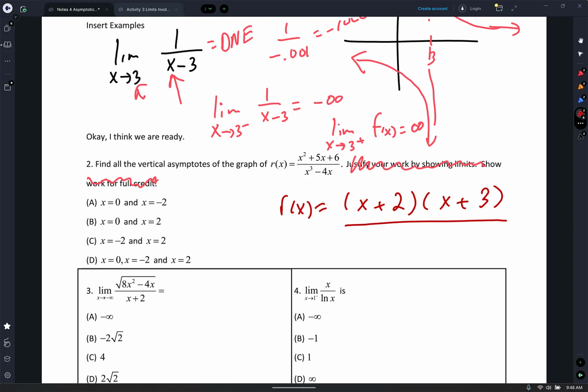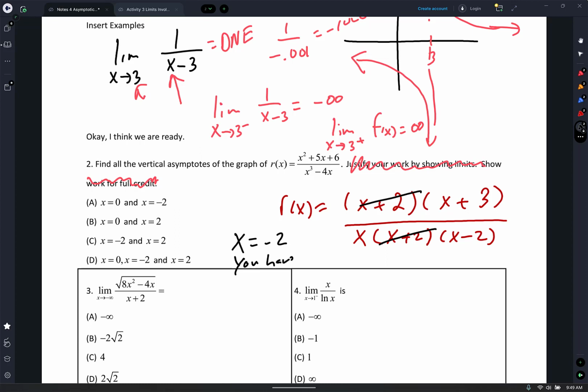In the denominator, I can factor out an x, and I want you to notice that I'm going to have x squared minus 4. Now, before you leave it alone, x squared minus 4 is the difference of? So I can expand this to look like this. X plus 2, x minus 2. What factors do I have that cancel each other out? So that's where I have a what? Not a vertical asymptote. That's where you have a hole. So at x equals -2,